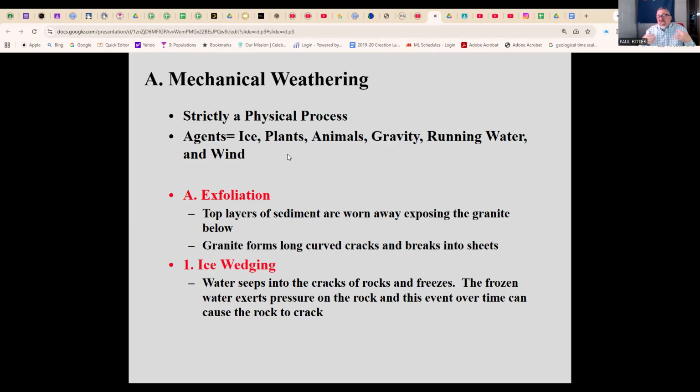Running water is an incredible agent of mechanical or physical weathering, right? Wind. This is the plain reason why you don't eat a peanut butter and jelly sandwich at the beach, right? Wind is picking up the sand, it's hitting it. So the first type that we'll talk about, again, is exfoliation. When I think about exfoliating, I think about elbows with skin cells or your feet or whatever. And so all of a sudden you go, okay, I'm going to wear away a layer, exfoliation.